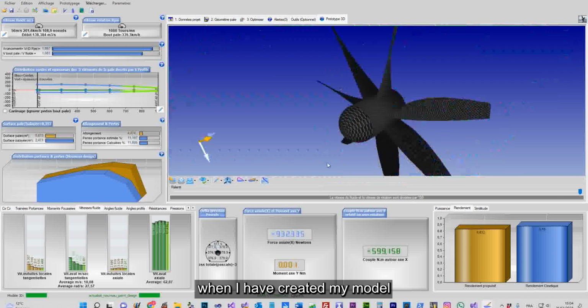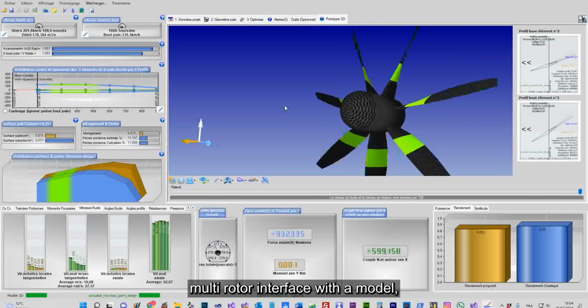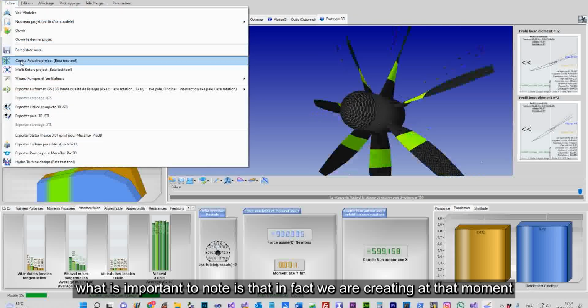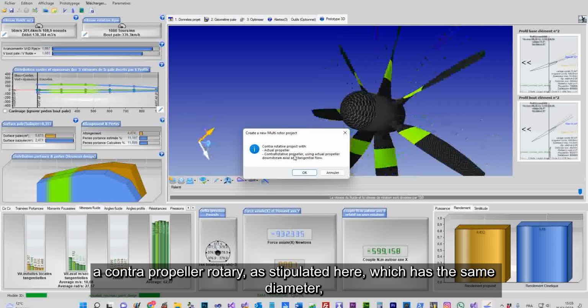When I have created my model, and I am going to enter the multi-rotor interface with a model, what is important to note is that in fact we are creating at that moment a contra-rotating propeller, as stipulated here,